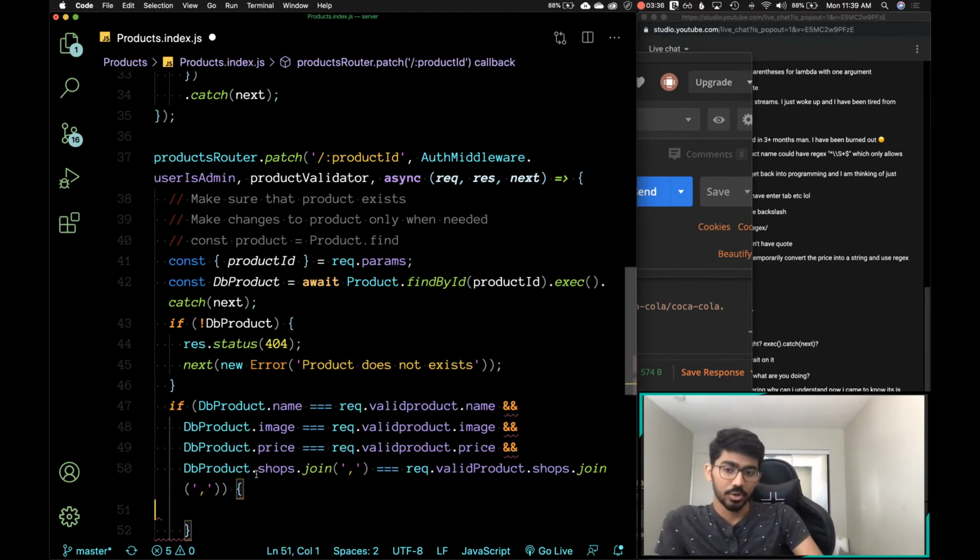So at this point all the values from the product in the database are the same as the values that the user has provided